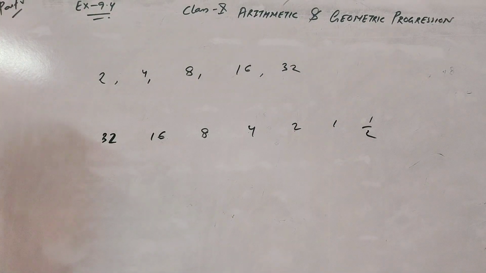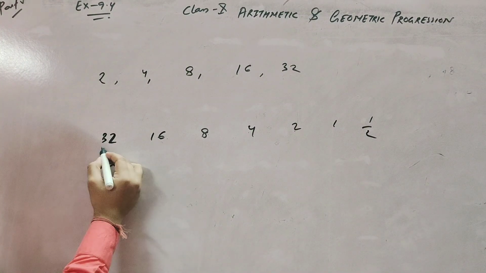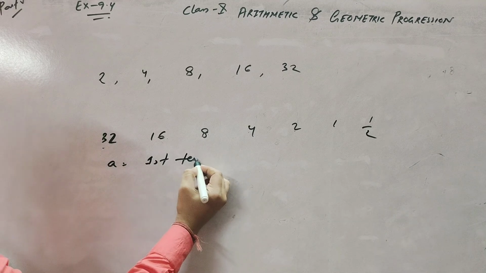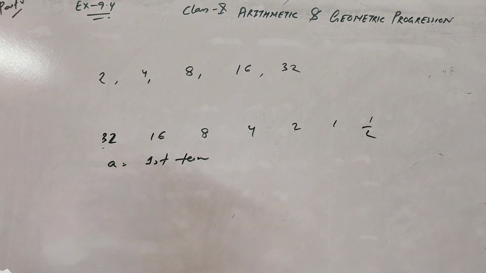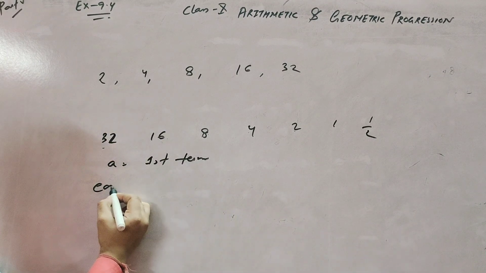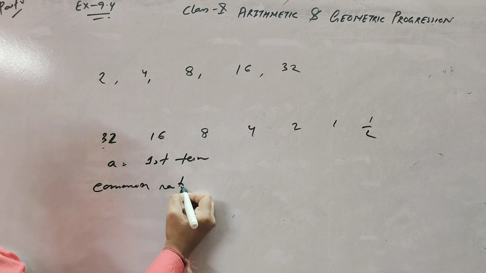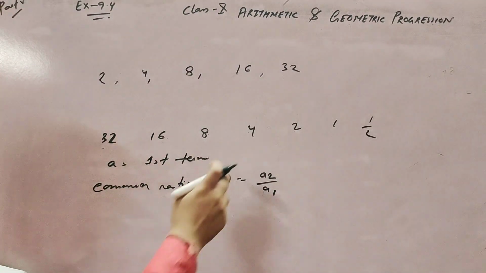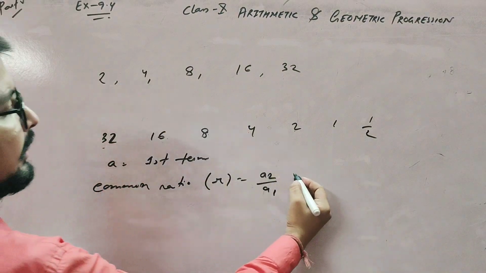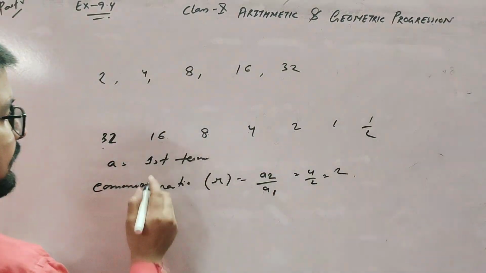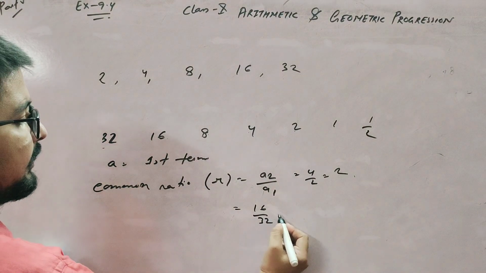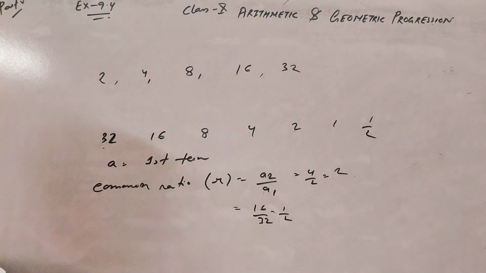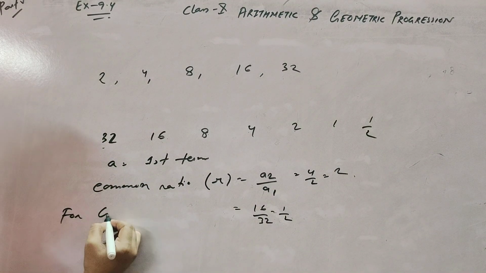Okay, so as it is, the first number is called the first term. In arithmetic we see the difference formula, d equals a2 minus a1, but in this it is the common ratio. The common ratio is denoted as r, and it is a2 divided by a1. Okay, see a2, that is 4 by 2, that is 2, so it is multiplied. In this, 16 by 32, that is 1 by 2, so that is divided by 2. Okay, so that is the common ratio.